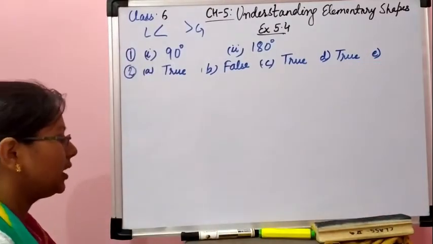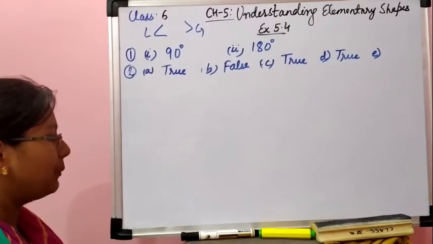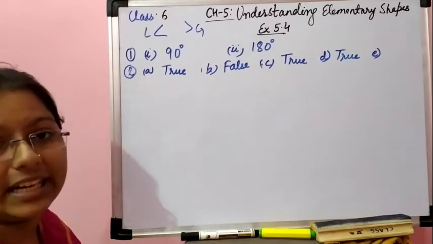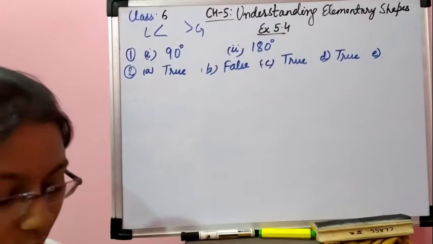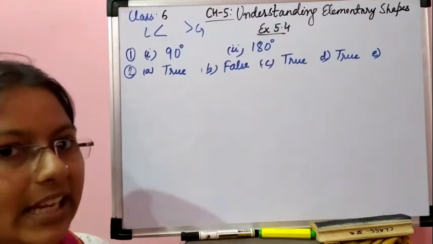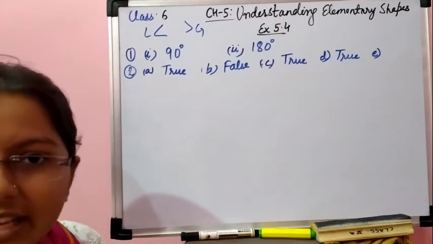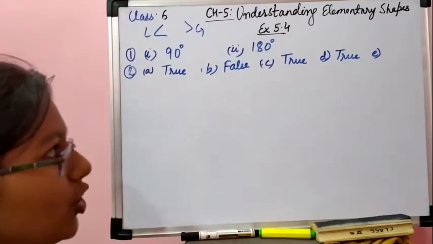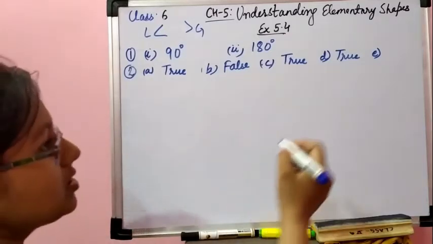Now in E part, if the measure of angle A is equal to 53 degree and the measure of angle B is equal to 35 degree, then the measure of angle A is greater than the measure of angle B. M stands for measure. तो आपको दे रखा है एंगल A की वैल्यू 53 डिग्री है, एंगल B की वैल्यू 35 डिग्री है. It's very easy to understand which one is bigger. Yes, for sure 53 degree is bigger. So the statement is true.